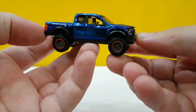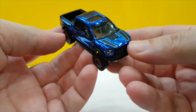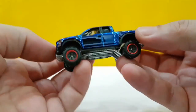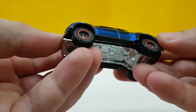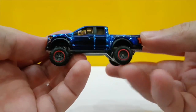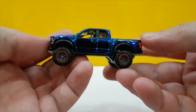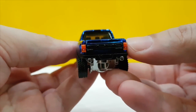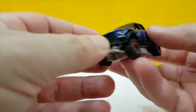Very cool, deep Spectra Flame blue. Some Tempos in the front and the top. The 15 logo, because those wheels are licensed. Tempos in the back. Big Ford, and you have